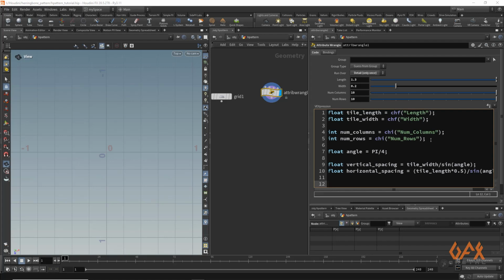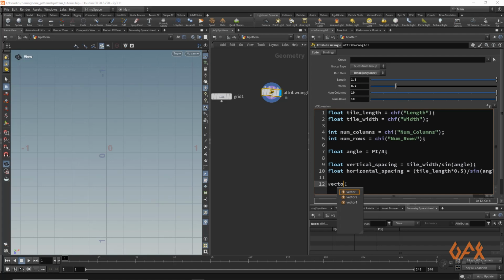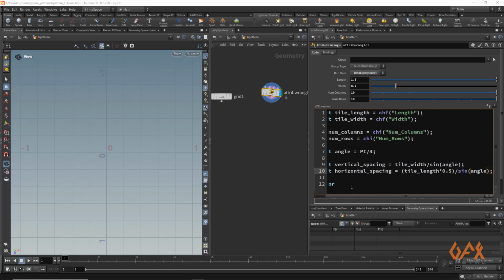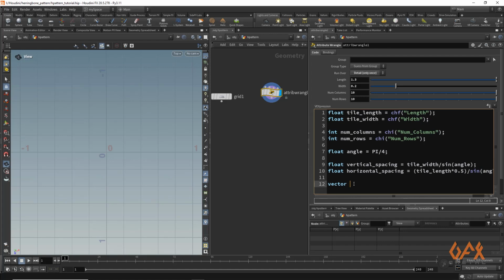Now I need to create two vector variables, and that basically stores your position as well as normal information.